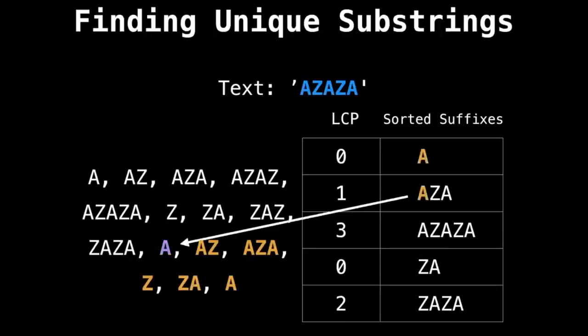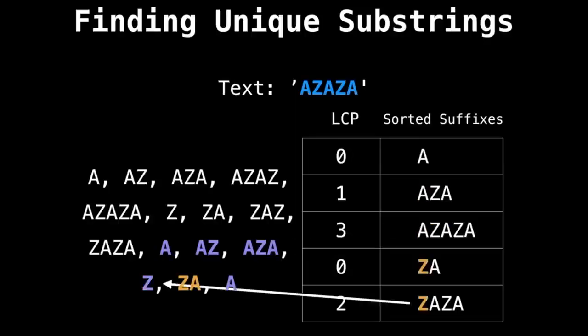The next LCP value is 3, so there are 3 repeated substrings between AZA and AZAZA, namely A, AZ, and AZA. The next interesting LCP value is 2 for the last 2 suffixes, so there are 2 repeated substrings here we can eliminate, Z